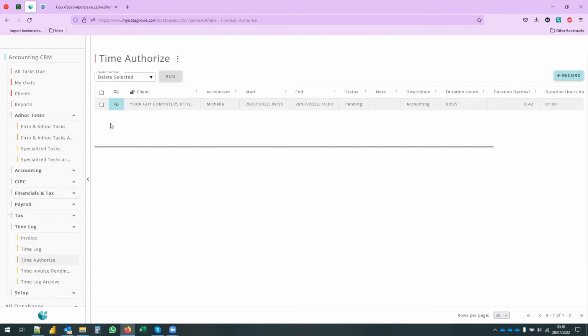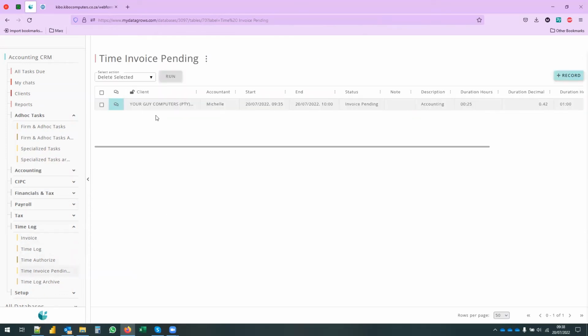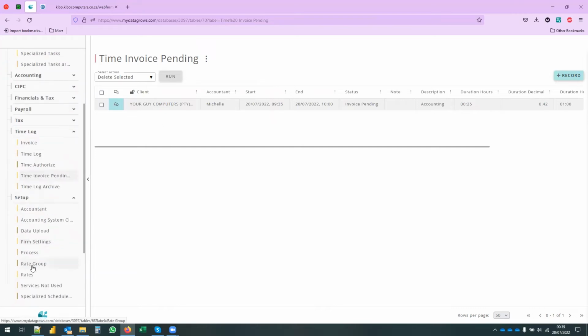Okay. But then you as the admin or partner, in the time authorized table, you then need to authorize it to mark it to invoice pending or mark it as internal. So things like leave, power failures, anything that you wouldn't charge for, you would mark it as internal, excuse me, and then it will archive that time. Okay. If you mark it as invoice pending and click run, and you come to this table, you will then be able to use the process, okay,